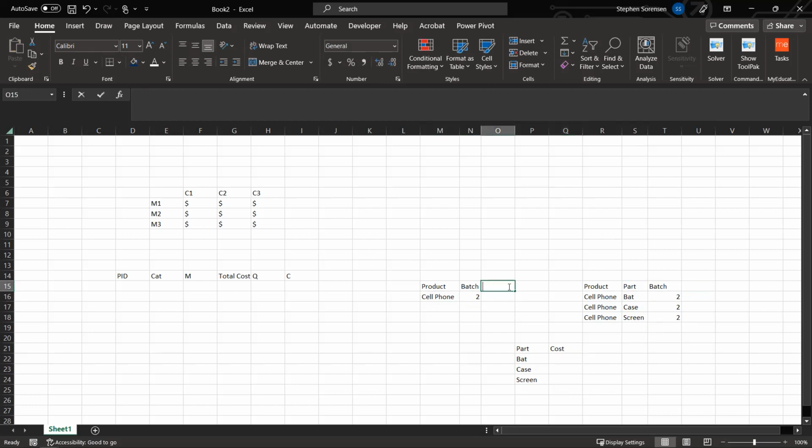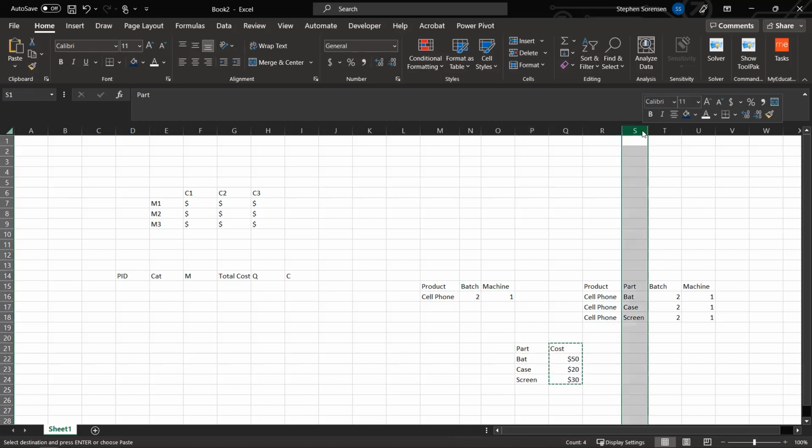And we should also be able to get from operations, we know what machine it is. So we'll just say this is machine 1. And we would join that onto this table with batch. So we know all these are in machine 1. We know the cost for this. We'll just say maybe a battery is $50. This case is $20. And then the screen is $30. And so then if we join this on where we match these parts up over here,